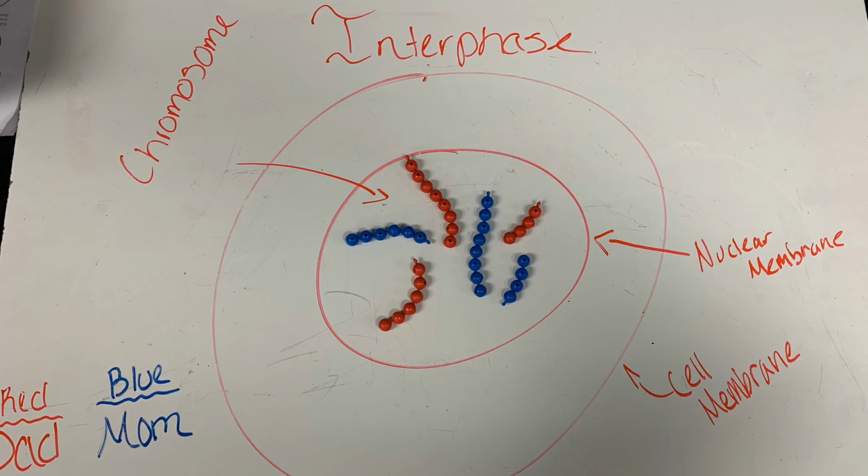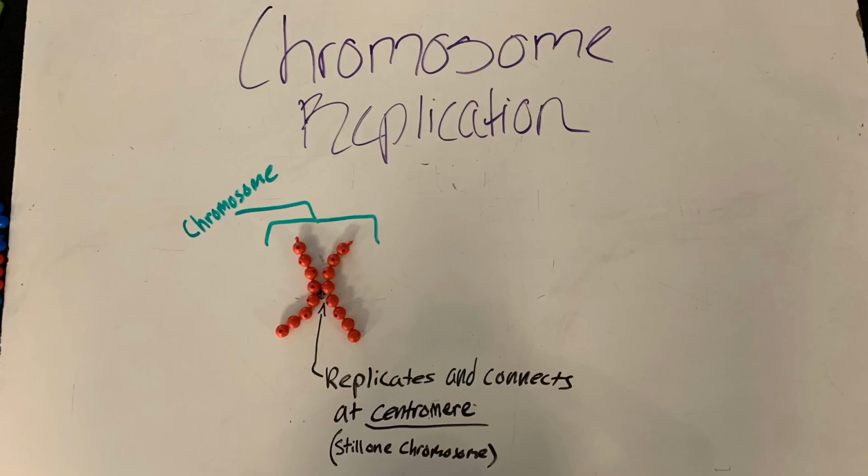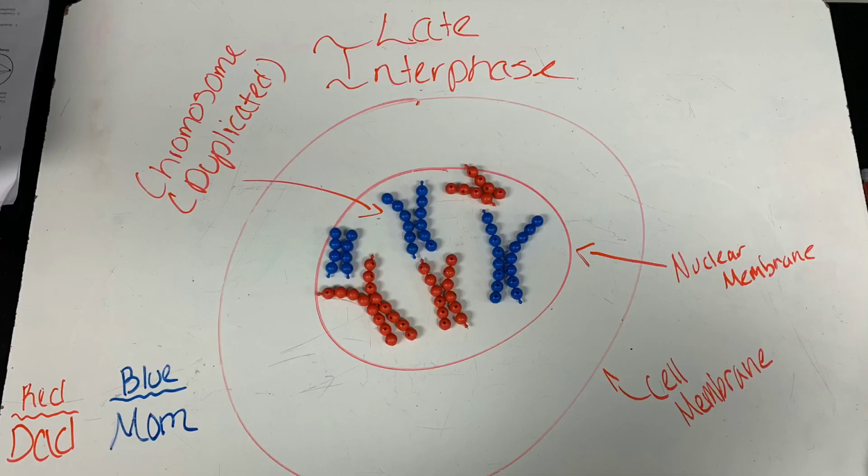Before meiosis 1 can begin, a process known as interphase occurs. As you can see, we have a diploid cell containing 6 total chromosomes in its nuclear membrane, 3 from dad and 3 from mom, specified by their color. During interphase, each chromosome goes through DNA replication. After DNA replication, each chromosome now consists of 2 identical chromatids joined at the centromere or center. These 2 chromatids are called sister chromatids. By the end of interphase, you can see that each of the 6 chromosomes have undergone DNA replication, and now